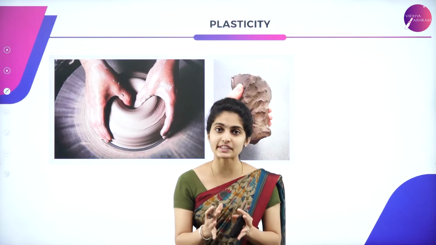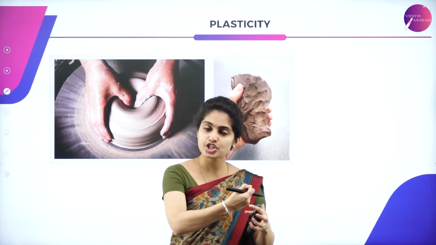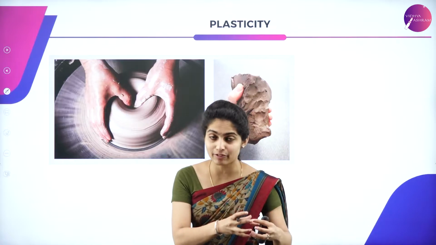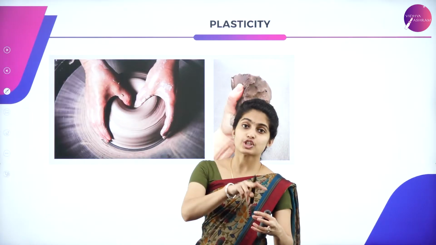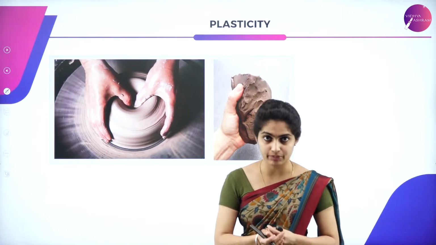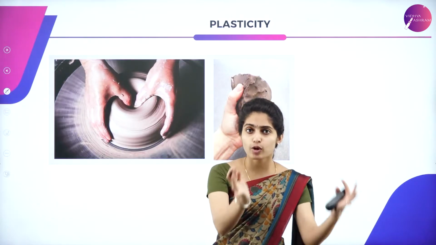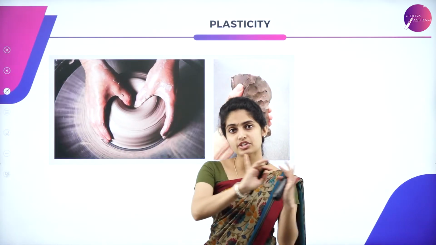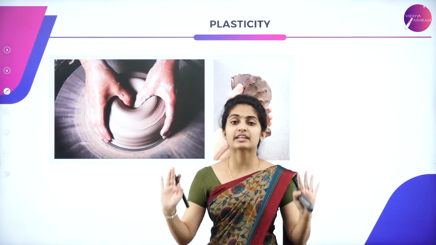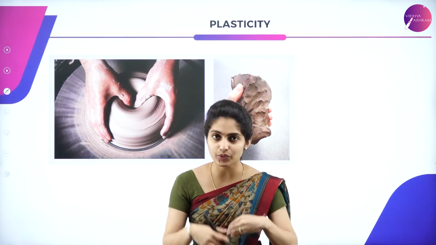These are the properties of a solid. Once a solid undergoes deformation, to come back to its original position, there is a restoring force affecting the deformed object, which will be equal in magnitude but opposite in direction. So suppose you give a deforming force, what happens? The object gives a certain restoring force backwards, opposite in direction but equal in magnitude, because of which you can say the object has regained its shape.